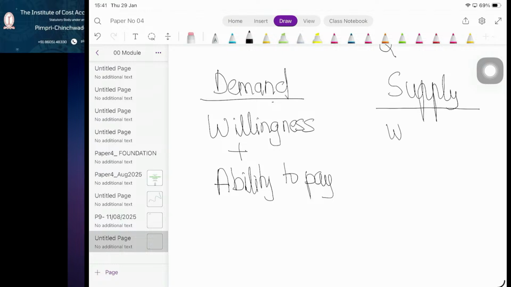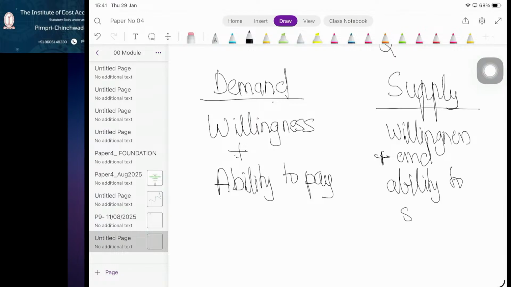Okay, it is the willingness and, okay, here in place of "and" I have written plus, so same thing: willingness and ability to sell. Ability to sell is called supply. Okay, and generally remember one thing,